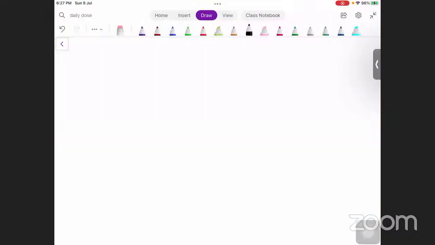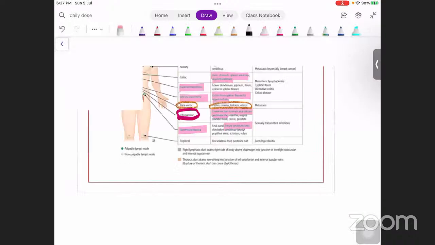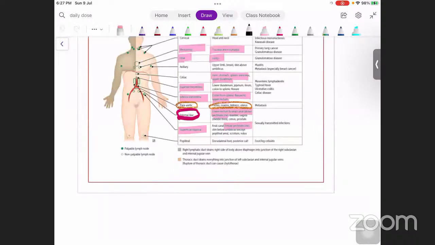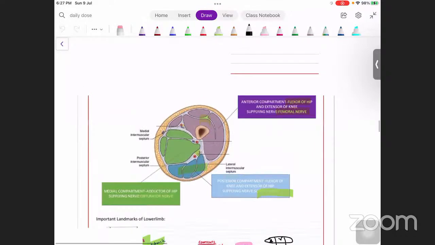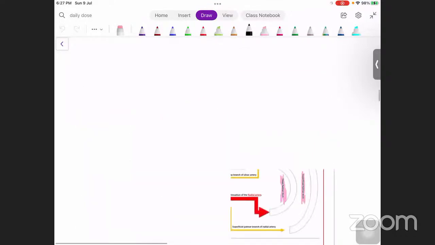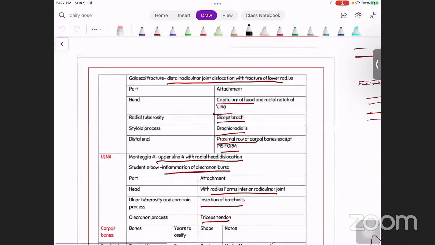So let's move on to the first subject, which is anatomy. What are the things you have to remember in anatomy? First one is the upper limb, bones of upper limb. This is going to be a Q&A session where I give you 5 seconds to give the answer. If not, I will give you the answer. Speaking about anatomy, the first area is your upper limb. The initiation of the topic is the bones of your upper limb, that is your clavicle.